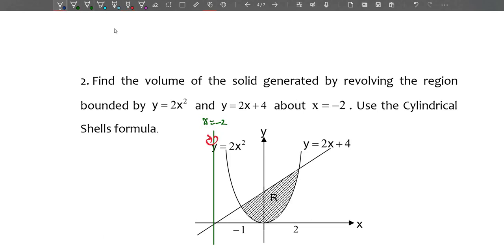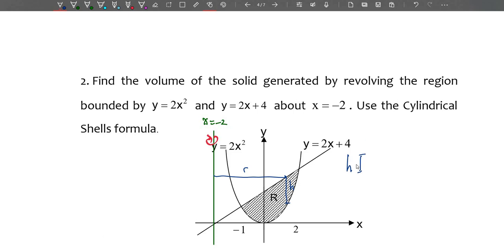So now we want to draw the cylinder. Drag from the axis or line of rotation to the nearest shaded region. Stop here. This one will be your radius. From this end to the other end of the shaded region, this will be your height. Once again, the height is